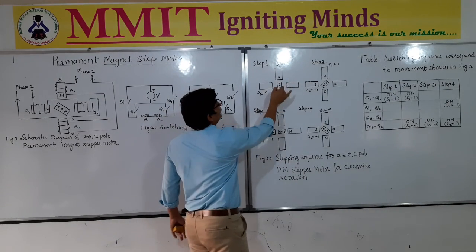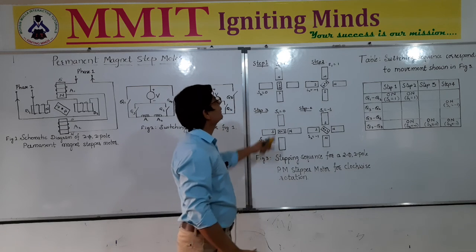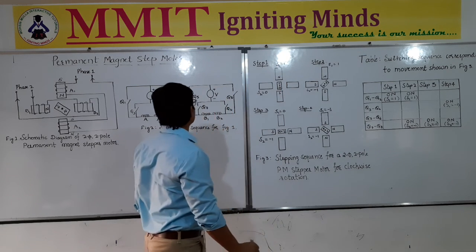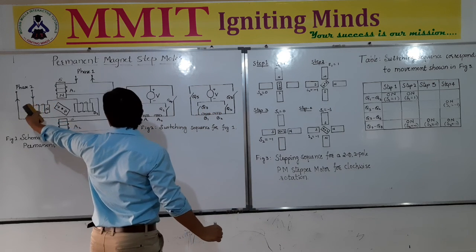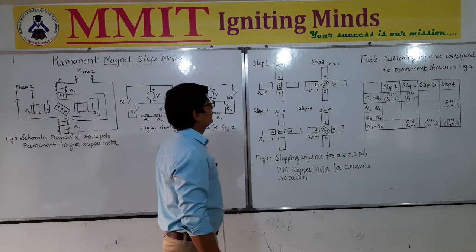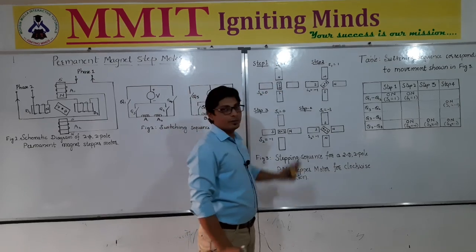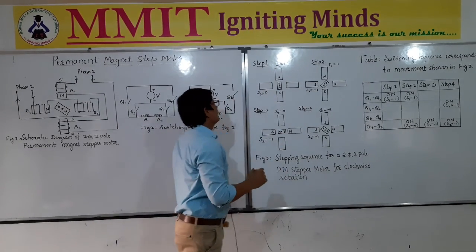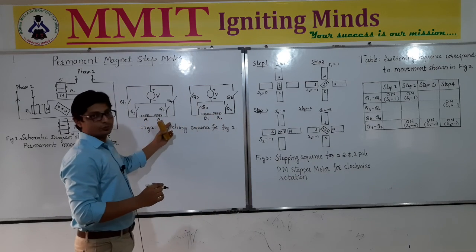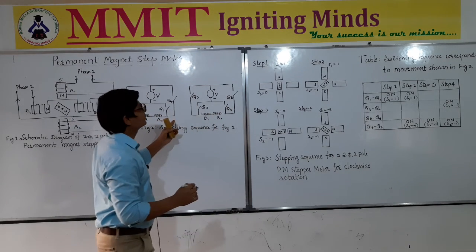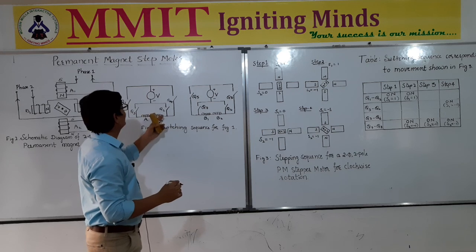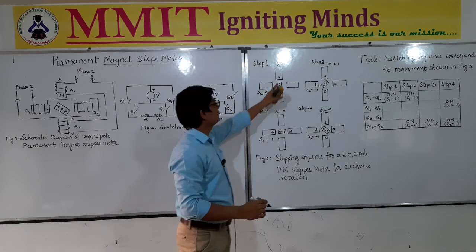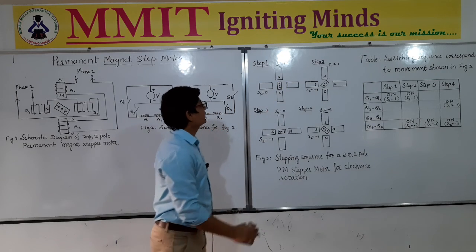therefore north pole and south pole are obtained, and plus 1 indicates that the direction of the current is as per the conventional direction that is shown. If it is opposite, then it will be minus 1. Now let us say it is 1, so the current is flowing from A1 to A2. In that case the switches Q1 and Q2 will be closed, so the direction is from A1 to A2, therefore north and south pole will be here,